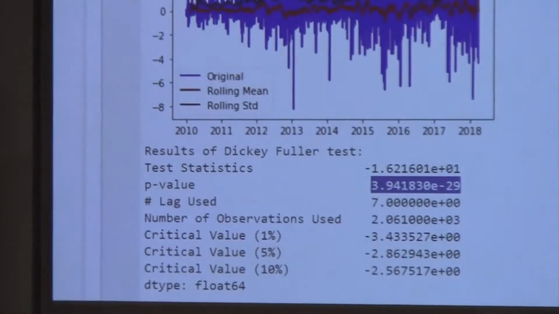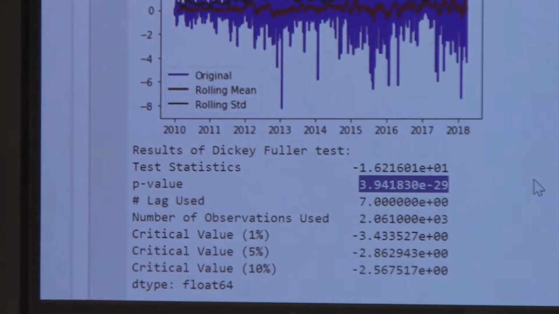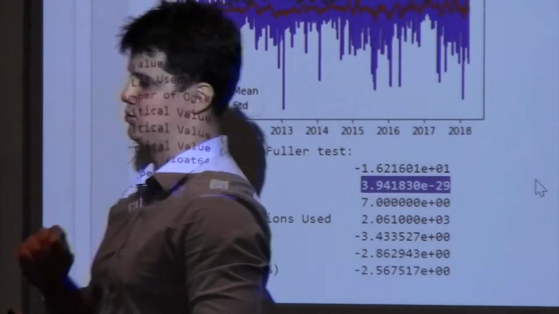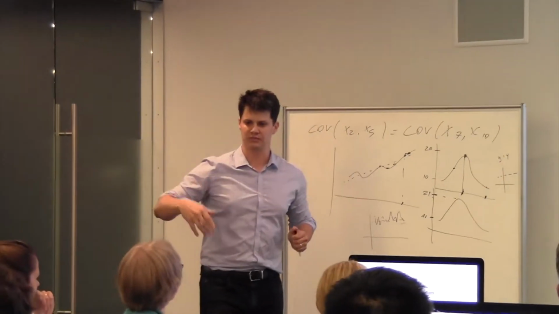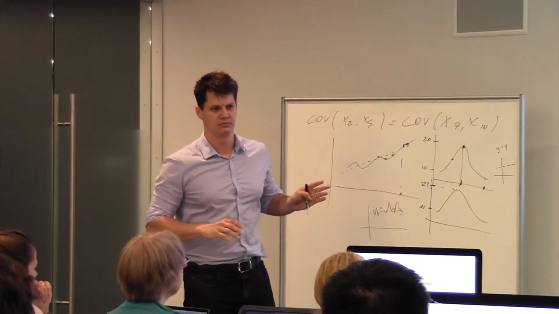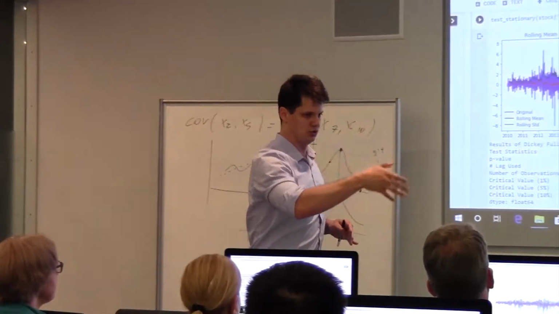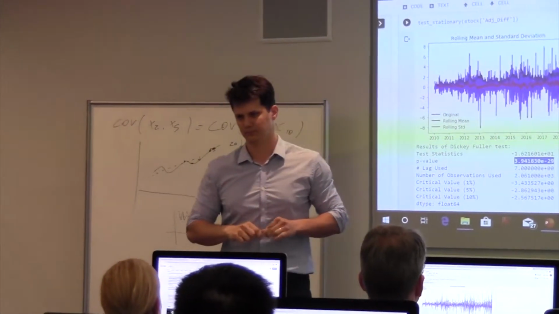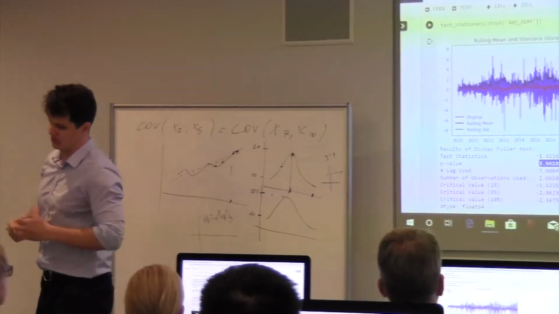All right, so good news. If we take just the first difference, we reach a very low p-value, which means that this series, the series that captures if the stock is growing or decreasing, is a stationary series. Now we can move forward to ARIMA, because the input of ARIMA is a stationary series. Questions?